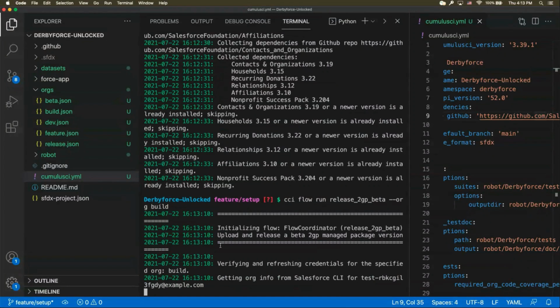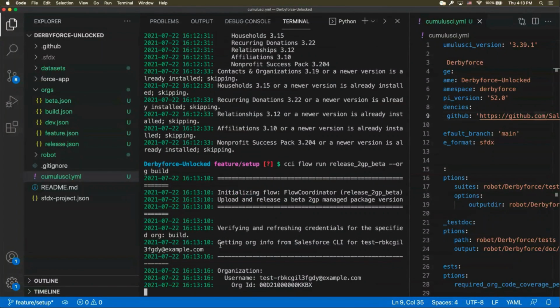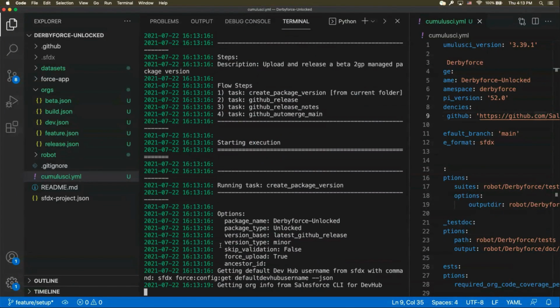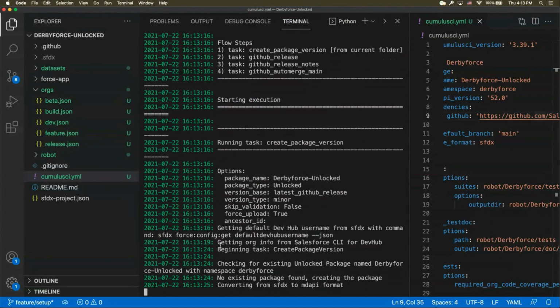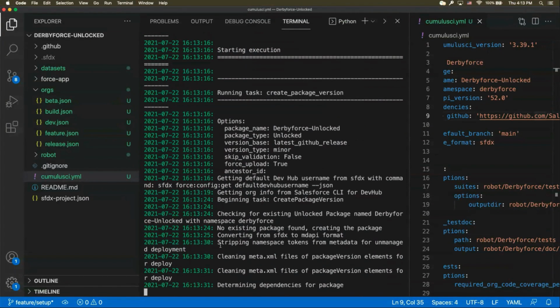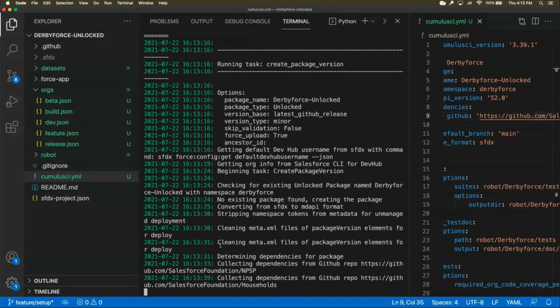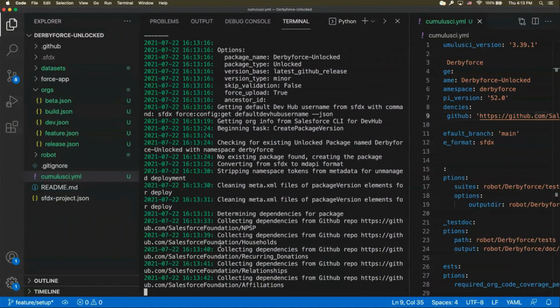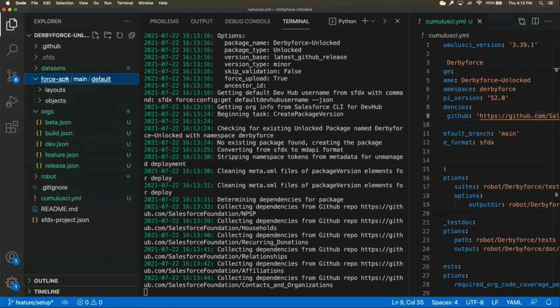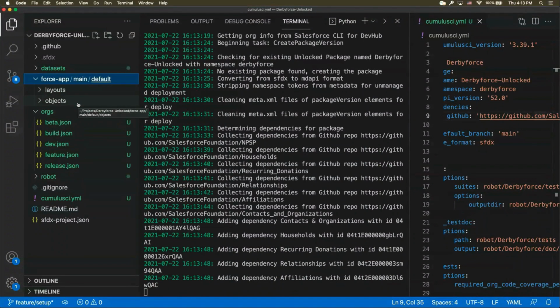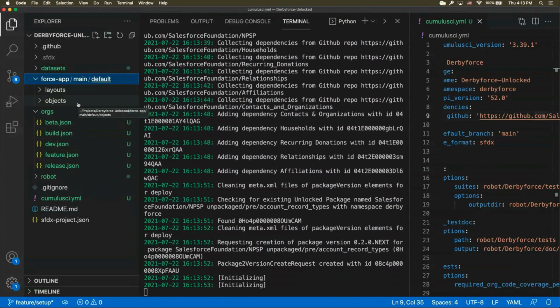Right. So what's going to happen behind the scenes, if you haven't worked with 2GPs before, is we're going to create that org, which will include the setup metadata we specified, those record types. Then we're going to submit a request to the Salesforce platform to create a package version, which will result in the installation of all 6 managed packages, the dependencies that we've just talked about, in that build org. Finally, it's going to take all the metadata that we saw in Force app, load that into the build org, and it's going to create a second generation package version from the contents of that org,